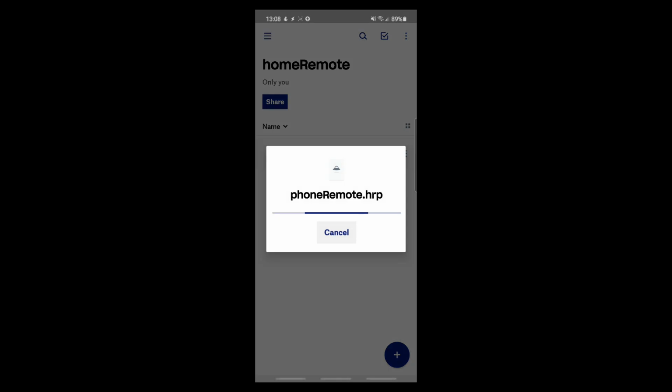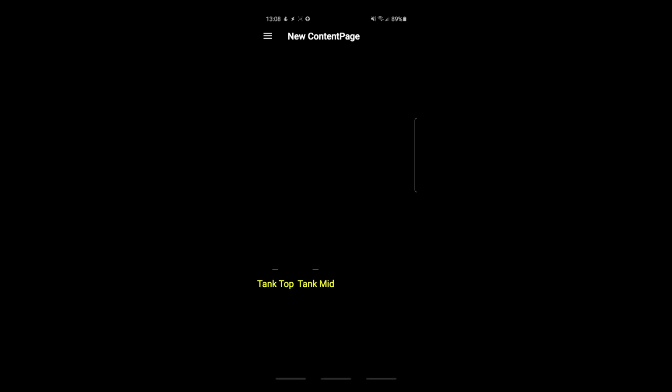Perfect. See, that's what happens when it goes to the center. So that's not going to work. So what we'll do is we won't do that, get rid of that,